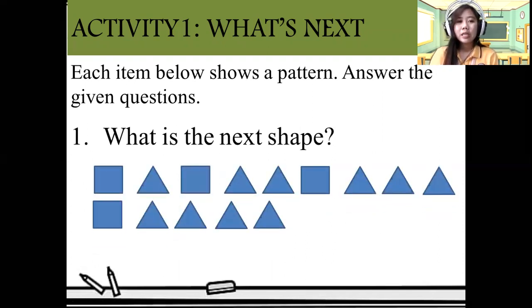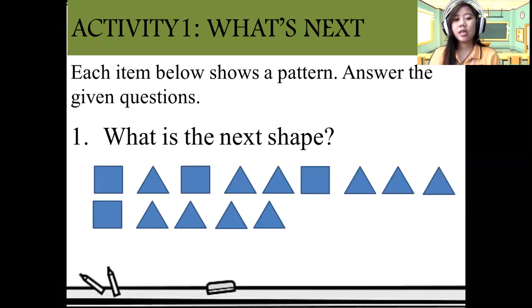Okay, as you can see, the first shape is square, the second shape is triangle, the third shape is square again, then followed by two triangles, one square, three triangles, one square, four triangles. So what do you think is the next shape? Okay, the next shape is square. Okay, next,